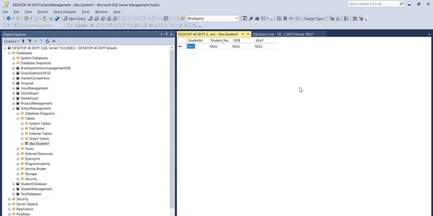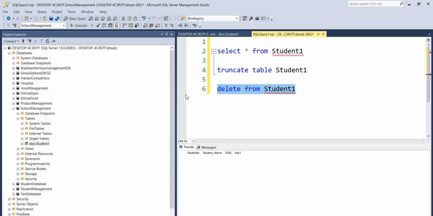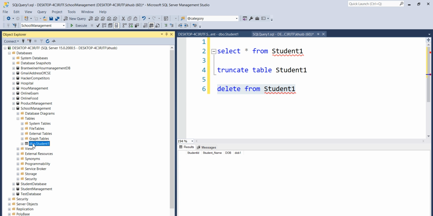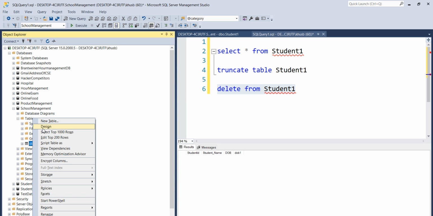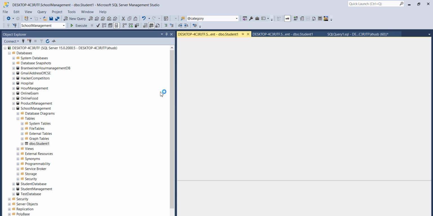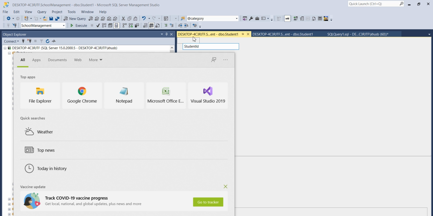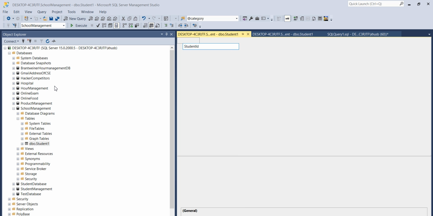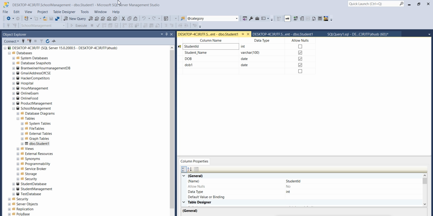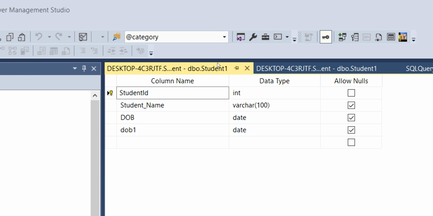To do this, you need to right click on your student table and go to the design section, and here you specify the auto increment value for the primary key. We have a primary key called student id, and I want to set the student ID as auto increment. How can we do that?